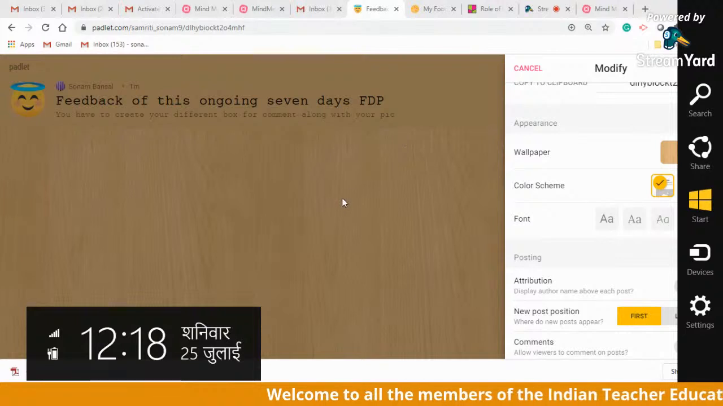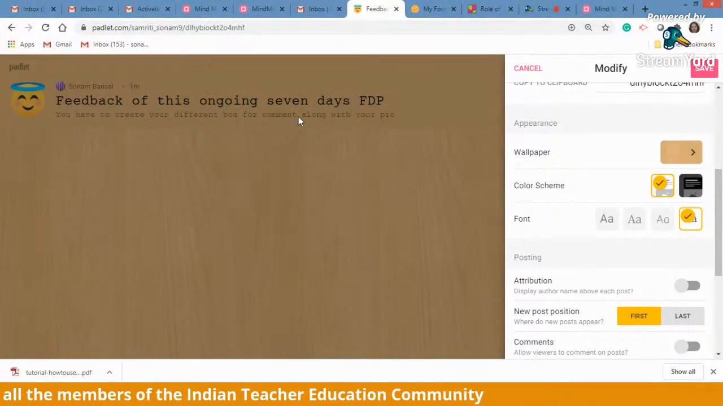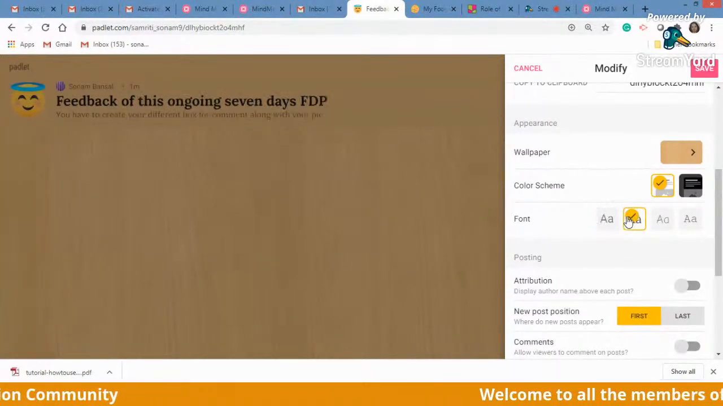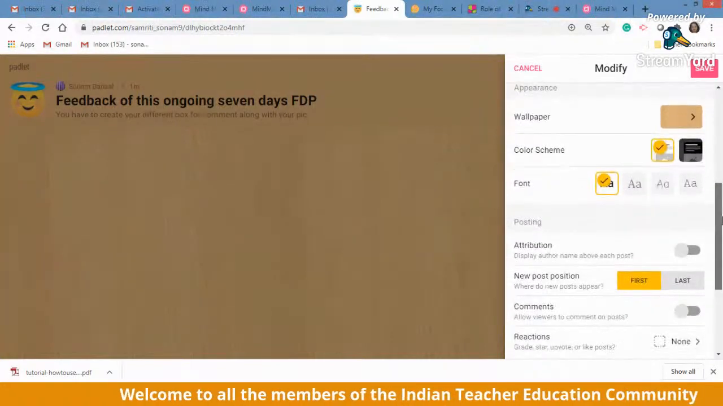See, I'm clicking here and the font is changing at the same time. I'm clicking on this, I'm clicking here on this. So like this you can change the font size. Now